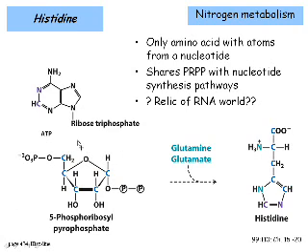It's heavily involved in RNA intermediates, and some people have suggested that possibly histidine is a relic in some sense of an RNA world. Another characteristic that's rather relevant about all this is that histidine synthesis shares this compound, phosphoribosyl pyrophosphate, PRPP, with nucleotide synthesis pathways. So this is one place where amino acid synthesis and nucleotide synthesis are joined together through a common intermediate. And we can suspect that that's maybe one way to try to keep the two of them in proportion to what the cell is likely to need.